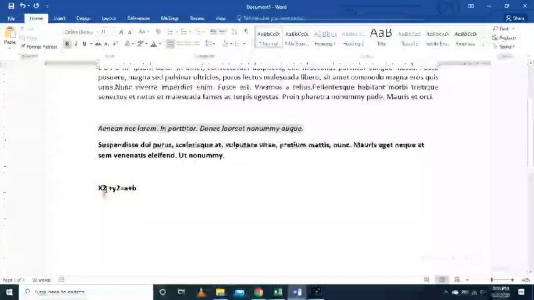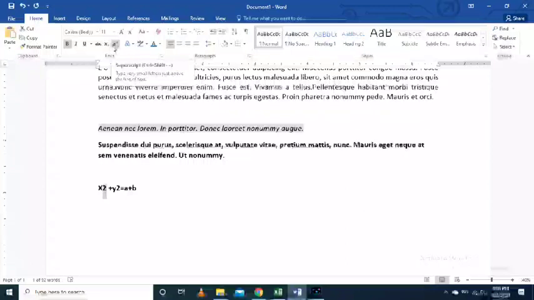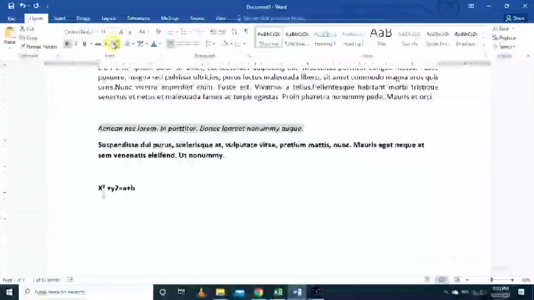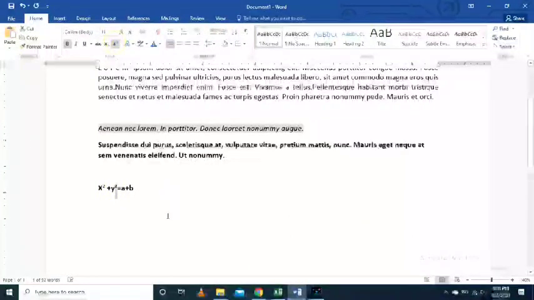If it is square, it should go up, that is superscript. In order to do the superscript, you can just select this and use this superscript. This is superscript and this is subscript. So if you select 2, it will go up, like that. Select it and click this, it will go up. I hope you got it.